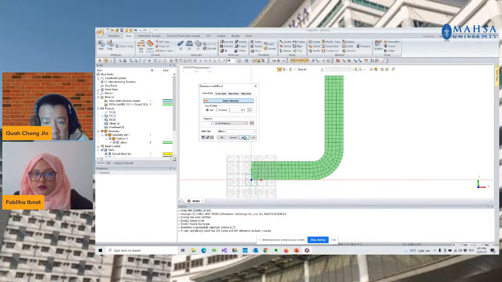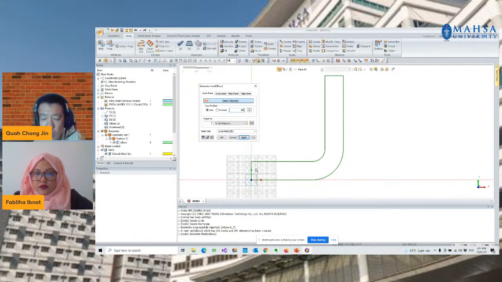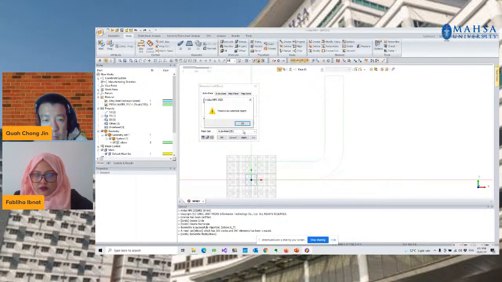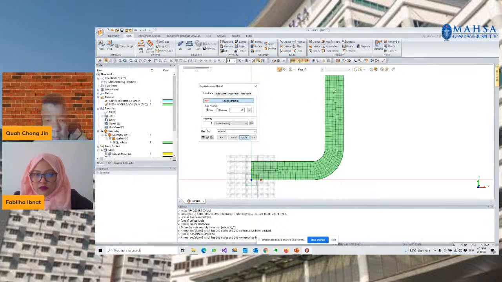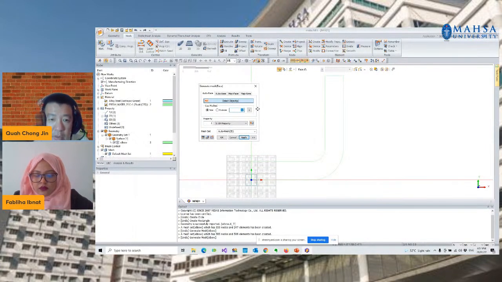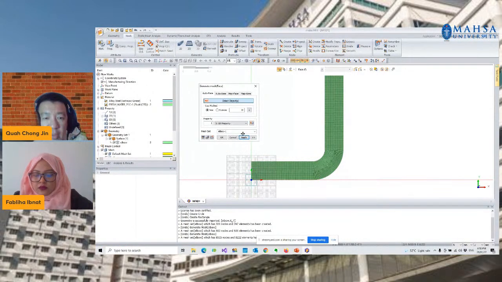So this is the auto mesh created, right? Let's say you're not satisfied with the mesh created. Let's undo and put a little bit lower, let's say 40, and we will try to apply. Yes, you have to select the object as well in this case. So you're going to get a smaller size of the elements, right? So I will go directly with about 10 perhaps, and you will get a smaller cell size compared to the previous setup.